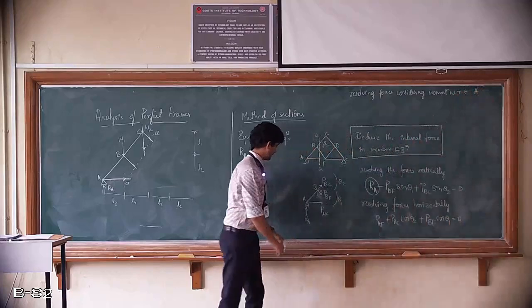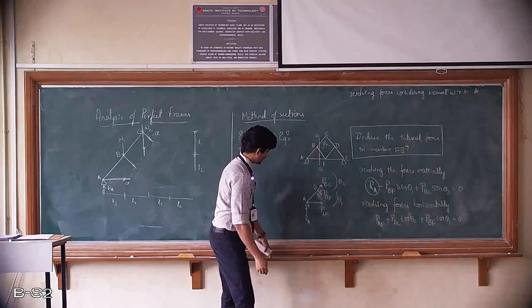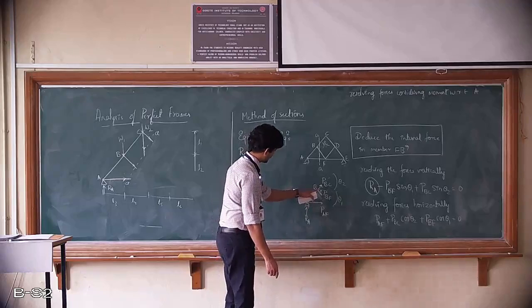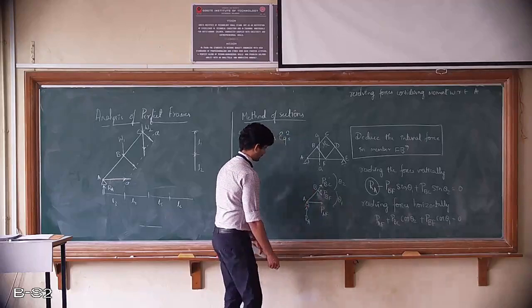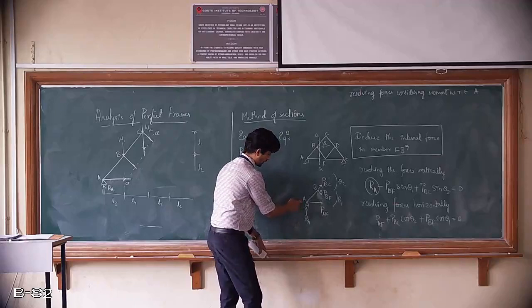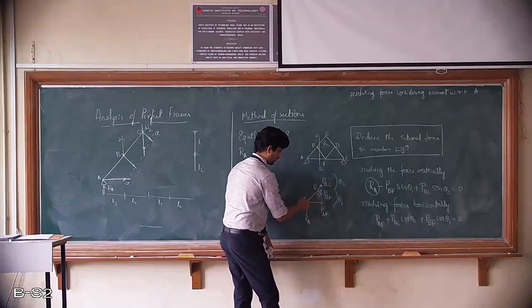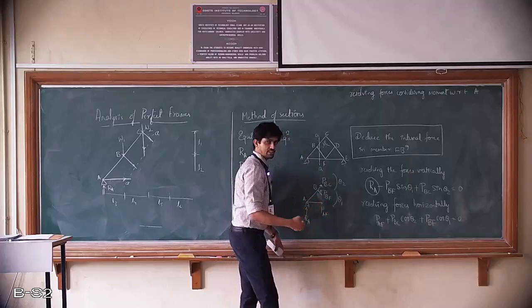In that case, the load RA is acting at A, so we cannot consider it, or PBC, which is not perpendicular, we can find. Now here RA is acting at joint A. There is no perpendicular distance, so the movement due to RA is 0. Next, PAF, which is acting from the joint A. So again there is no perpendicular distance, so the movement due to PAF is 0.